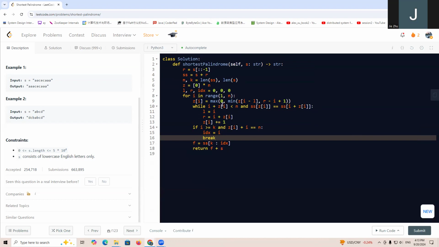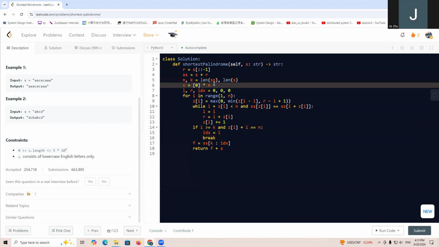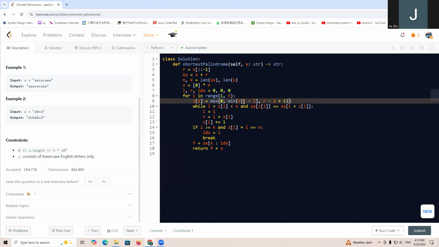S plus, left to right. Max should not be, then this is minus L, right? L bound. And right minus L, i plus 1. While this one is smaller than n and